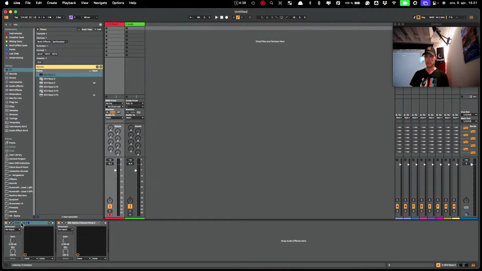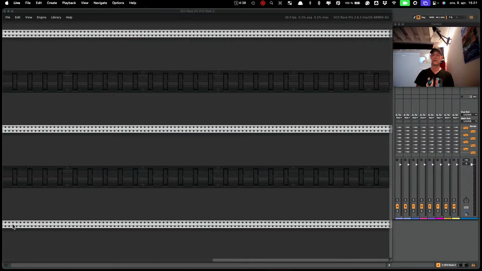But I'm going to show you inside of Ableton, but it is still free for everybody that wants to have a go at the first and early stage of how modular Eurorack works. So if we open it up, you can see right now it's totally empty. We have an empty rack here. And what we can do is at the homepage, you can install free modules, but it will come with